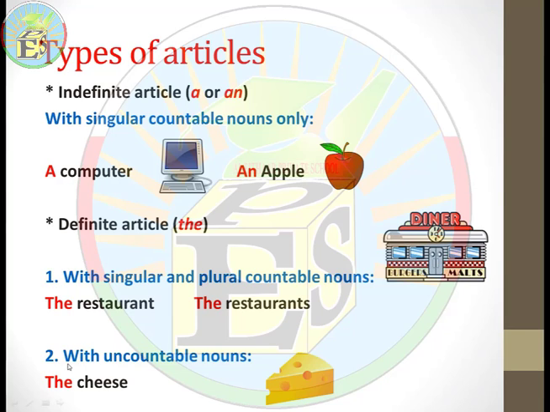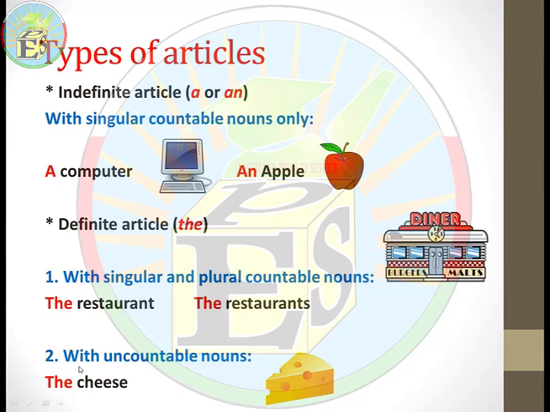Also, we use it with uncountable nouns. We said that a word or noun like cheese is uncountable, so we use the article the with uncountable nouns. The bread, the cheese. Alright,